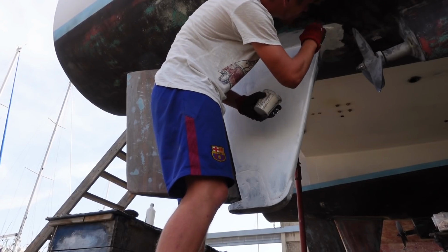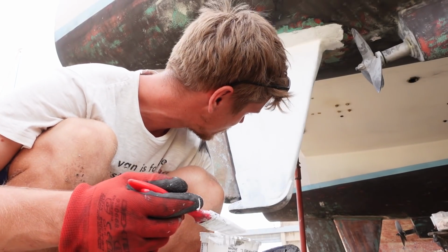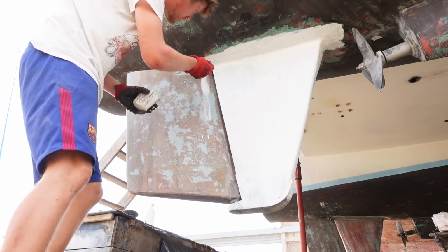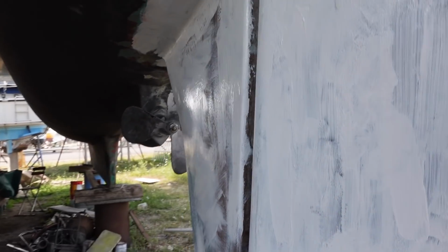I'm finding this stuff quite difficult. It's very thick and it kind of swipes off as I brush it on. So it's a really difficult paint to work with. It's very thick. I think really what I should be doing is just mixing the whole thing, because I've only partially finished this